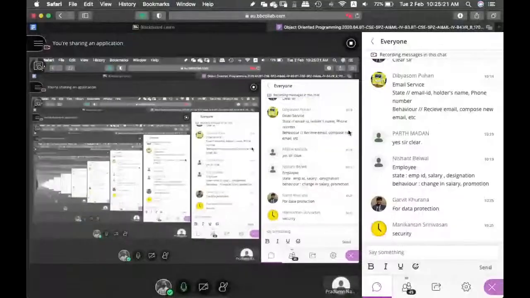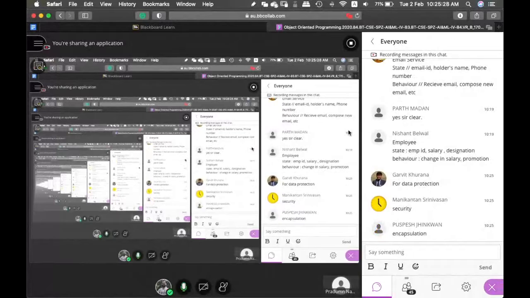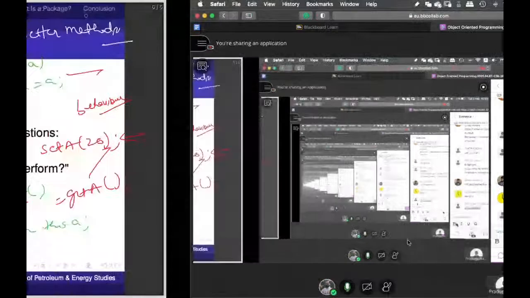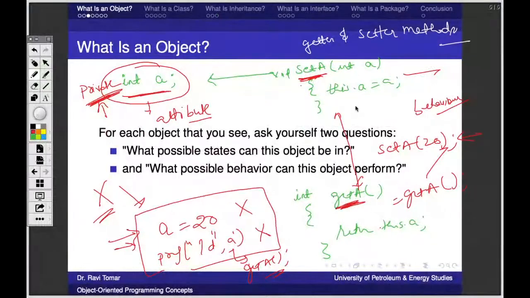Security, yes. Data protection, encapsulation, absolutely. In fact, to be more precise, data encapsulation, right? We'll come to it in the coming slide. The first thing to understand is, see, why do we need this kind of scenario? There are two terms,